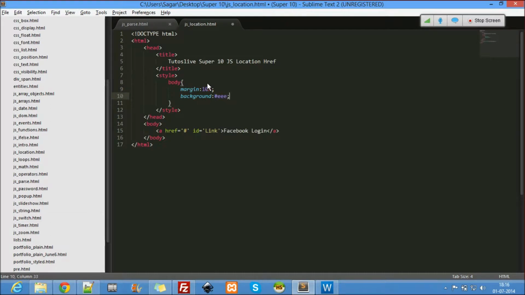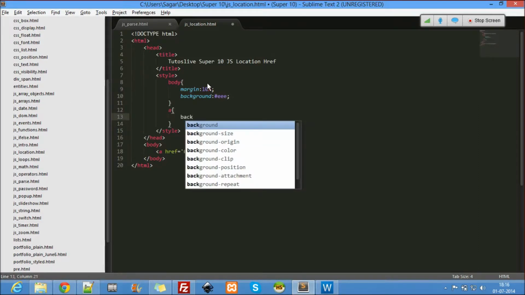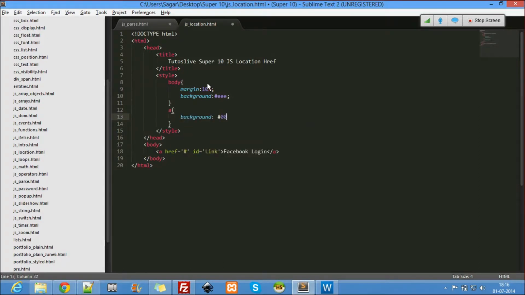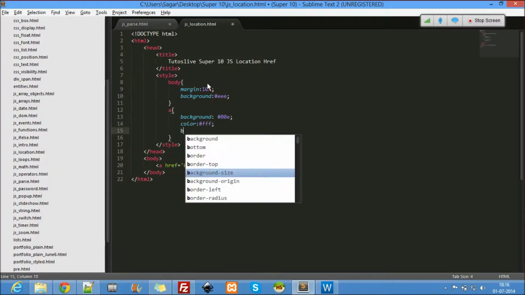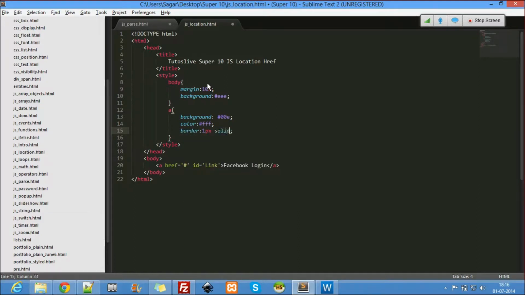Background hash, and here coming to a background hash 00e. Color white. And then border 1 pixel solid hash.